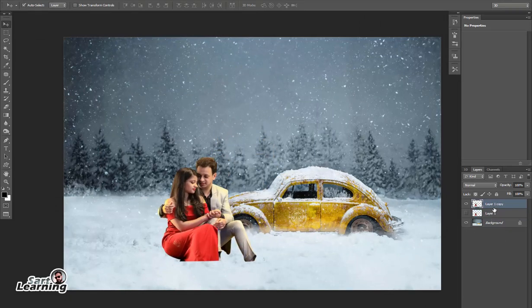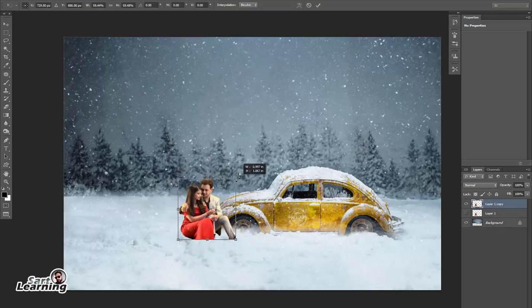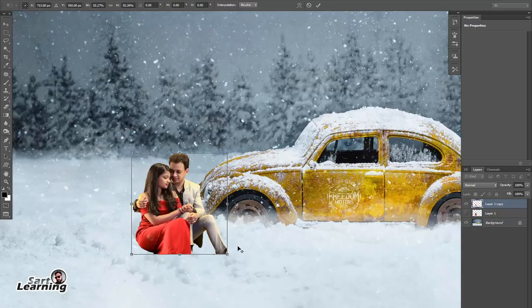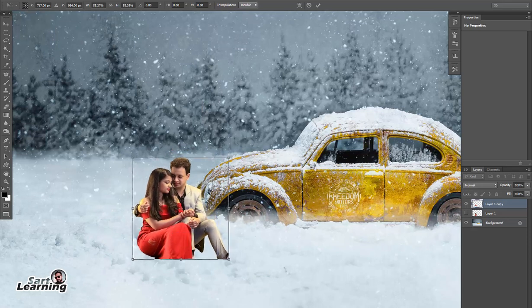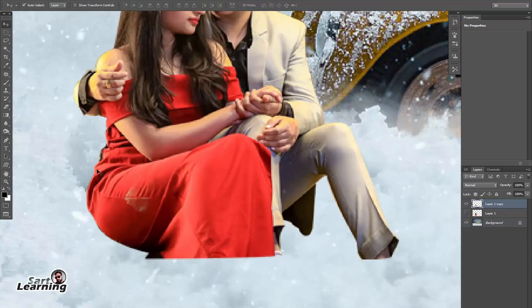Sometimes we go wrong, so we can use the original image. That's why I just duplicate the image and hide it. Scale the photograph according to the background so it can merge.